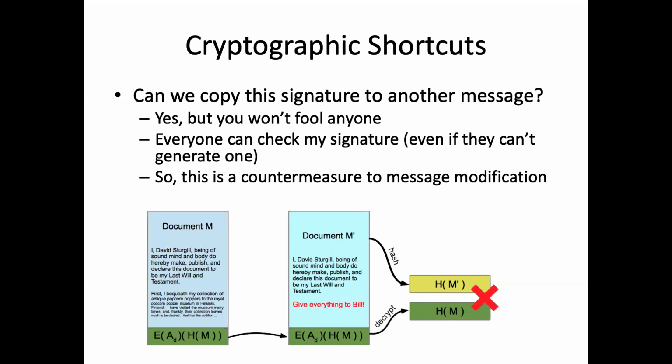Why do I say probably wouldn't match? Well, this hash was generated from the original document. This one's generated from a modified document. And if a cryptographic hash is doing its job, it should be very hard for an attacker to find any other document that hashes to the same thing. So if a cryptographic hash is doing its job, it's not feasible for an attacker to come up with another document that hashes to exactly the same thing. So if they just took your signature and copied it to a different document, it'd be easy to catch them doing that. So this is internally how digital signatures work.